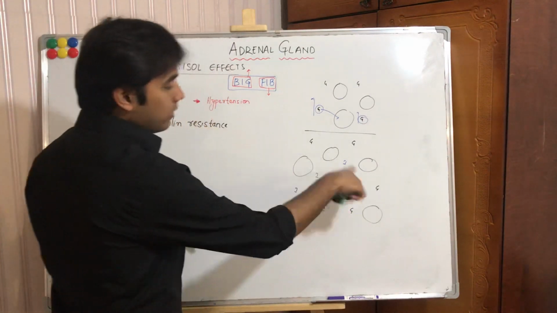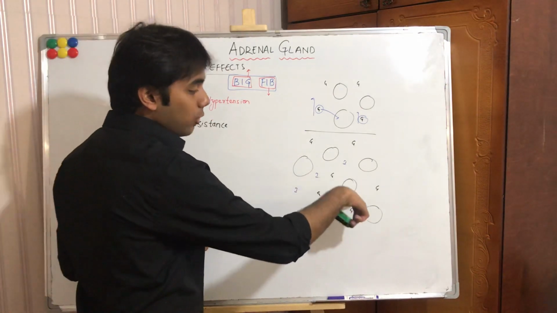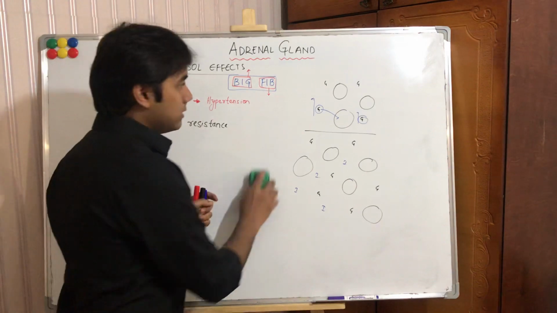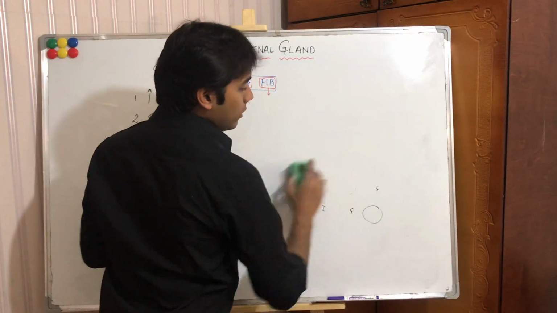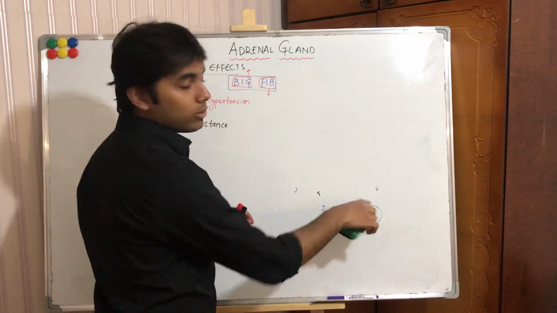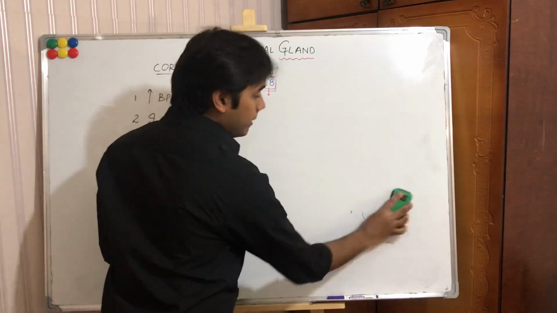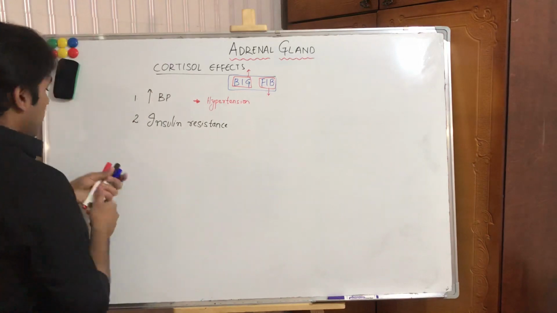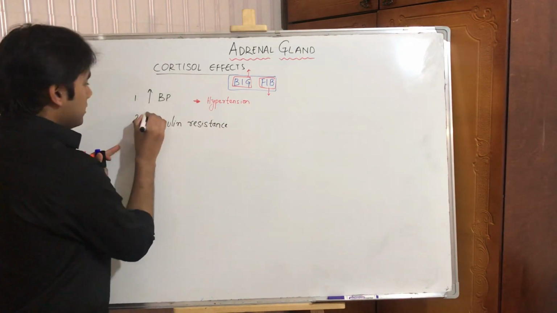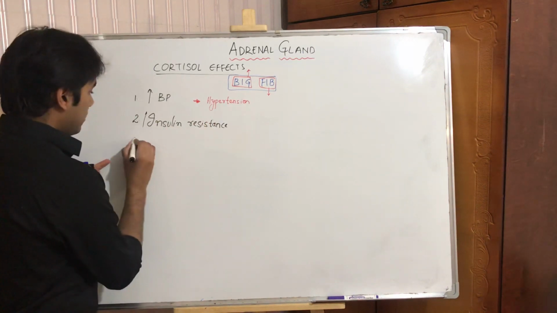When we talk about how insulin orders glucose to enter into the cell, at that time I will be discussing everything about type 2 diabetes. Because the receptors over here, the insulin receptors, are damaged. That is the reason why glucose cannot enter. So I don't want to go deep into that now. Later on we'll discuss. But for a while, just remember that cortisol causes increased insulin resistance, right?